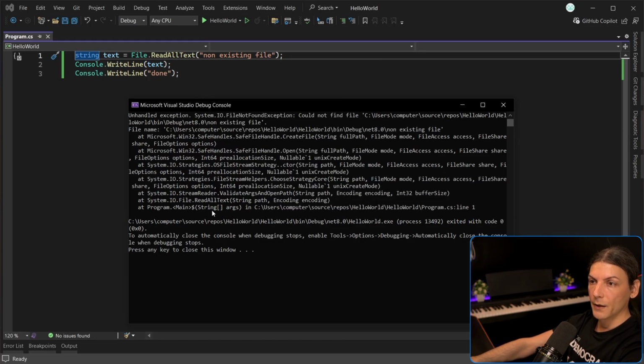But the ones above it, validate args and open path, choose strategy core, what are those? We never called such methods, nor have we written them. When we call file.readAllText, we are actually calling code that is defined in an external library that our project references. Visual Studio set those up automatically when it created the project. We'll learn how to do that ourselves in the future, but for now, just understand that we can call